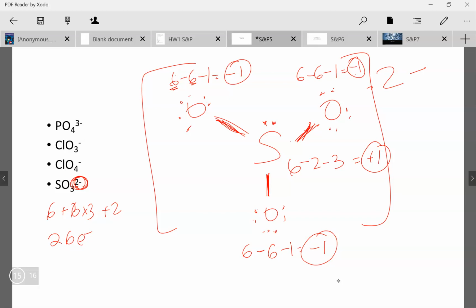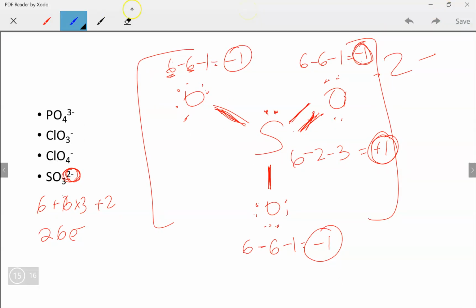But what you can do is get rid of this -1, +1. And this is, again, only possible because sulfur is a bigger atom. It can accommodate more than 8 electrons. So what I'm going to do is take off one of the lone pairs from the oxygen, and make that into another bond between sulfur and oxygen. Now if we recalculate formal charge using the blue,